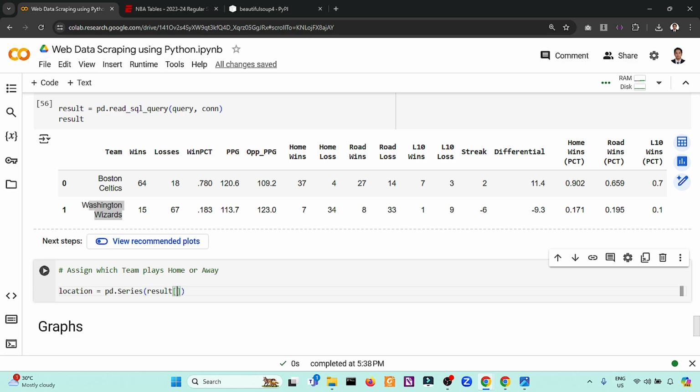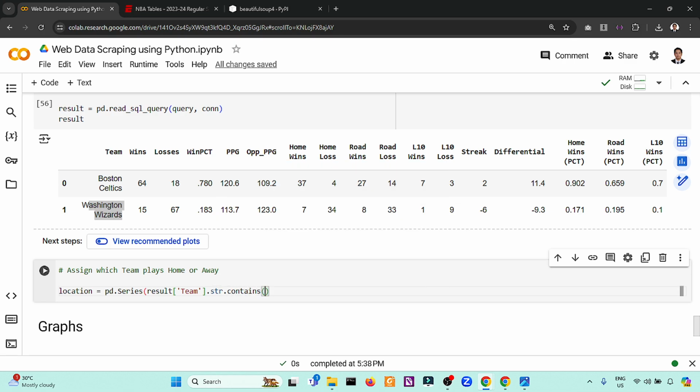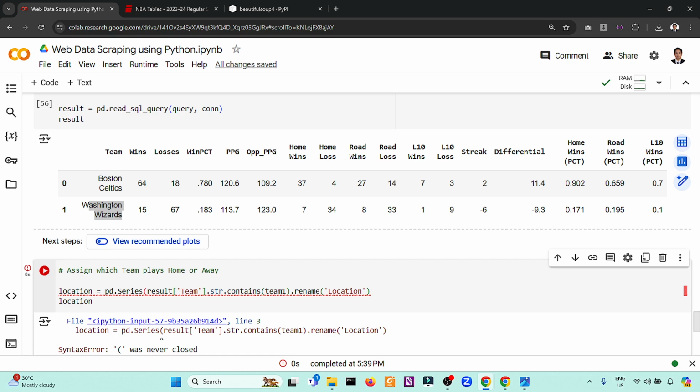The result for the team, so we can say str team that contains. So we are searching for the string team 1, then we will rename the specific location. So team 1 str name. If you want to see what is happening here, I can show you the location. Okay, this rename was never closed. I think we have an error here.